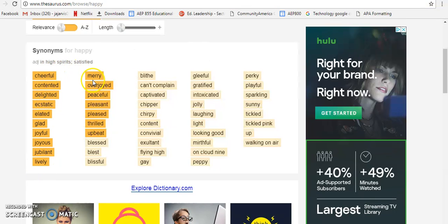These first ones that are highlighted are going to be the ones that they think might work the best for me. So as I'm working with the student, I might have them pull this up and say, let's look at what sentence you are using. Could you use one of these words instead? Cheerful, contented, delighted, ecstatic, elated, glad, joyful, joyous, jubilant. A student can pick one out and they can insert that into their writing,